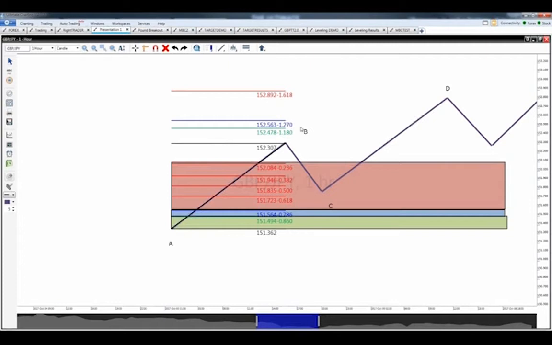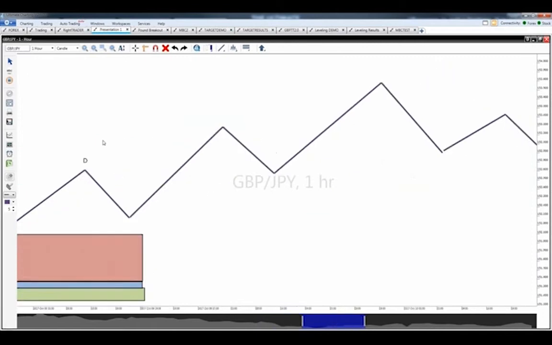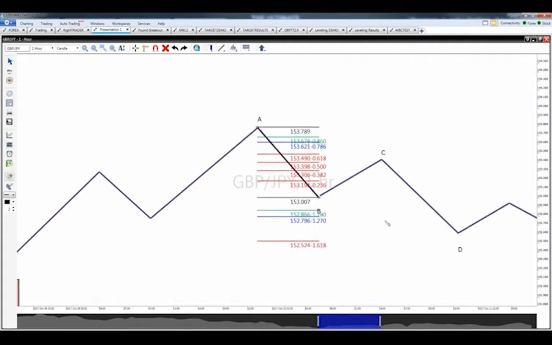All right, now what we do also, when the market reverses in a downward market, we will do it the opposite direction, and we will have an A going this way. We will have a B down here. We will have a C right here, and our D will be right down here. And then we draw our Fibonacci the opposite direction, okay? And we make money in a downward movement in the market, just like that, okay? We're looking to make money in this type of a market right here.